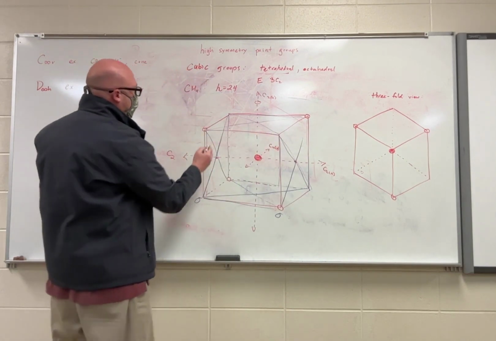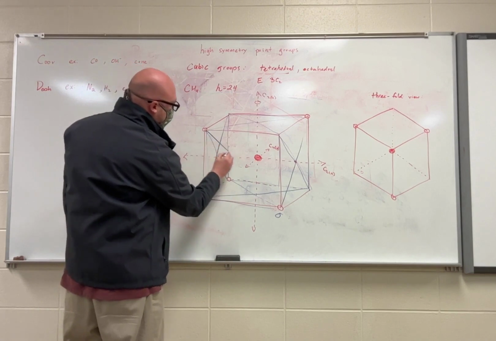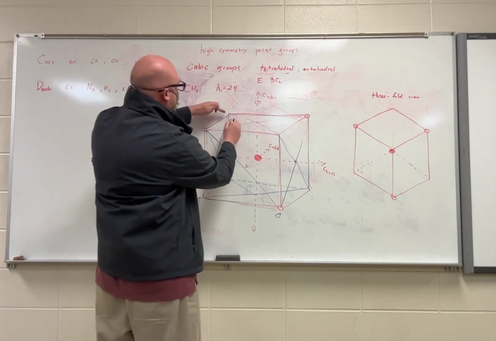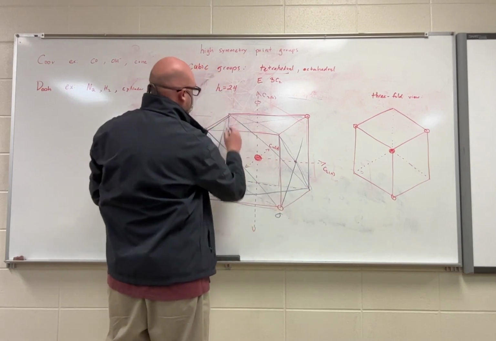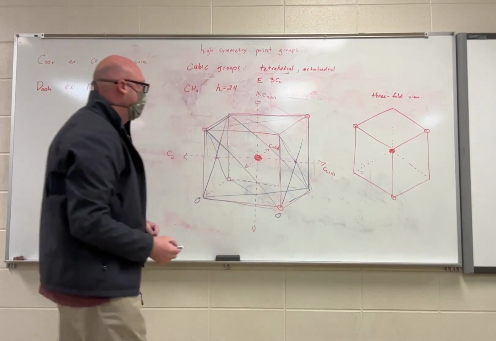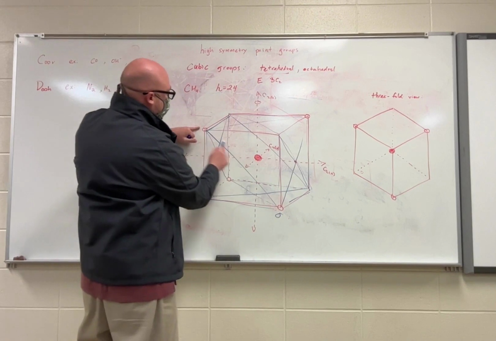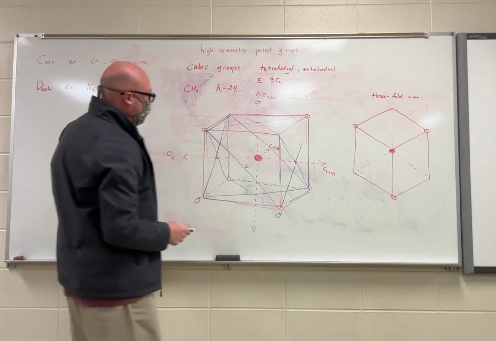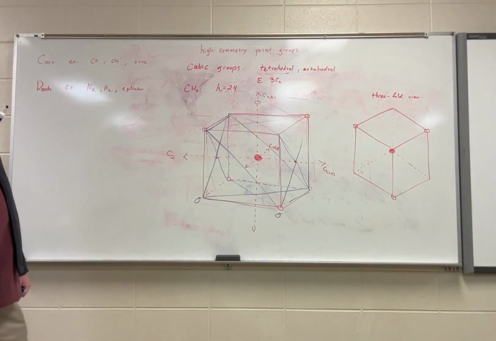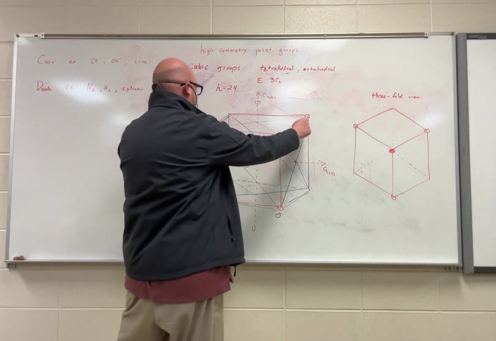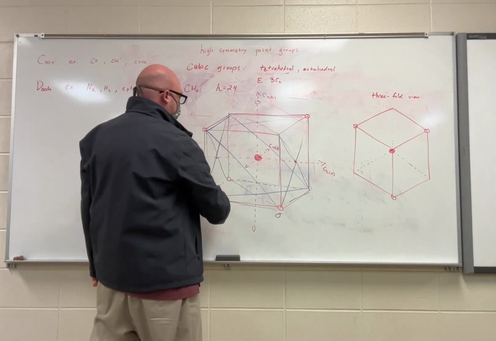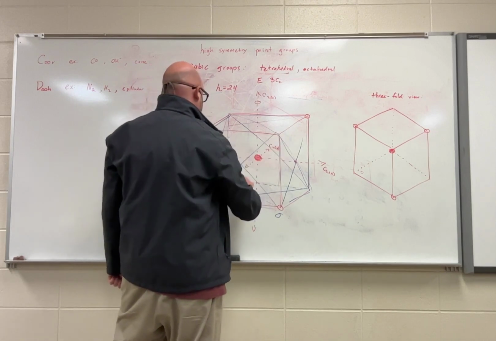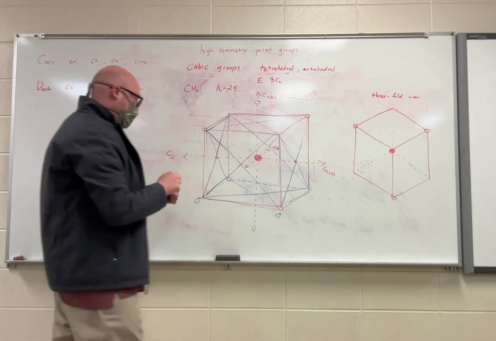I could draw a plane that connects these two hydrogens and goes along the diagonal to the back. Okay, so this CH2 is unchanged. These two hydrogens exchange. And then I could also draw the plane that goes on this diagonal and the back diagonal this way. So there are 6